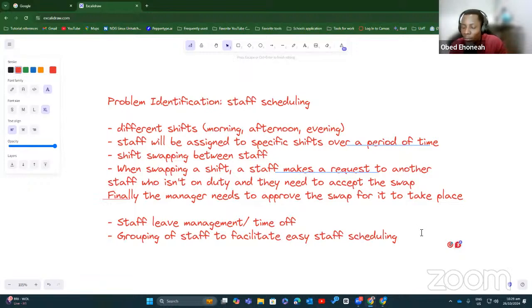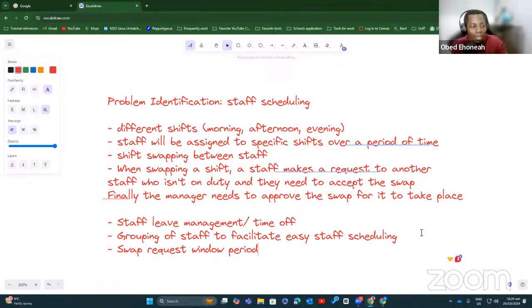Deadlines or window periods for swap requests. Swap request deadline. No, I think I like the window period. No, wait, I think deadlines makes more sense. When we say window period, what will it even be referring to? Like the period within which you can make a swap. But then we are looking at if you made a request for a swap after a certain time, if it has not been approved, then automatically that swap is cancelled.